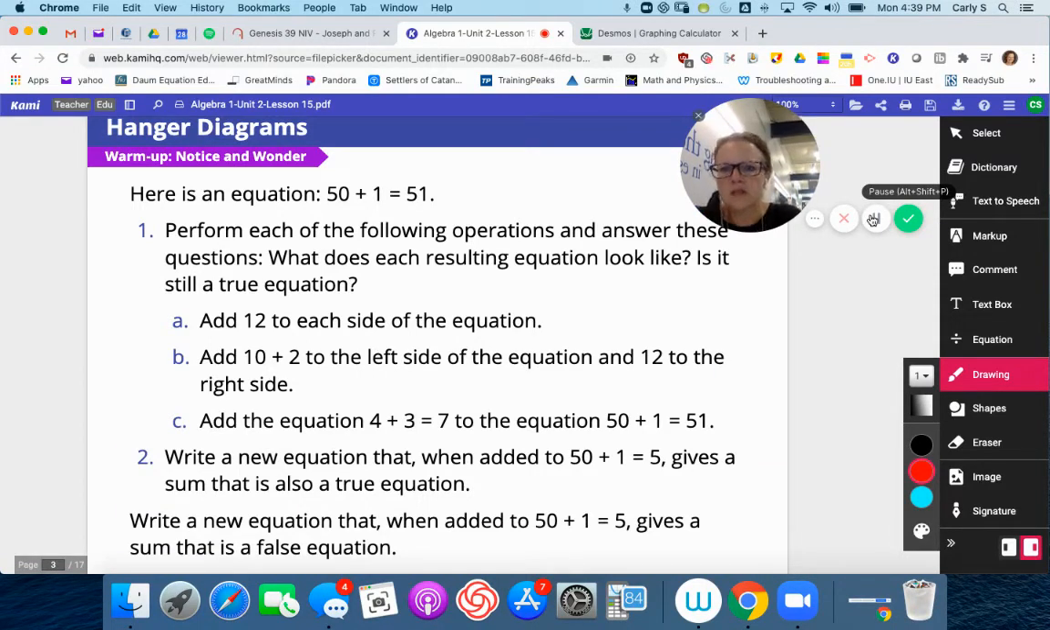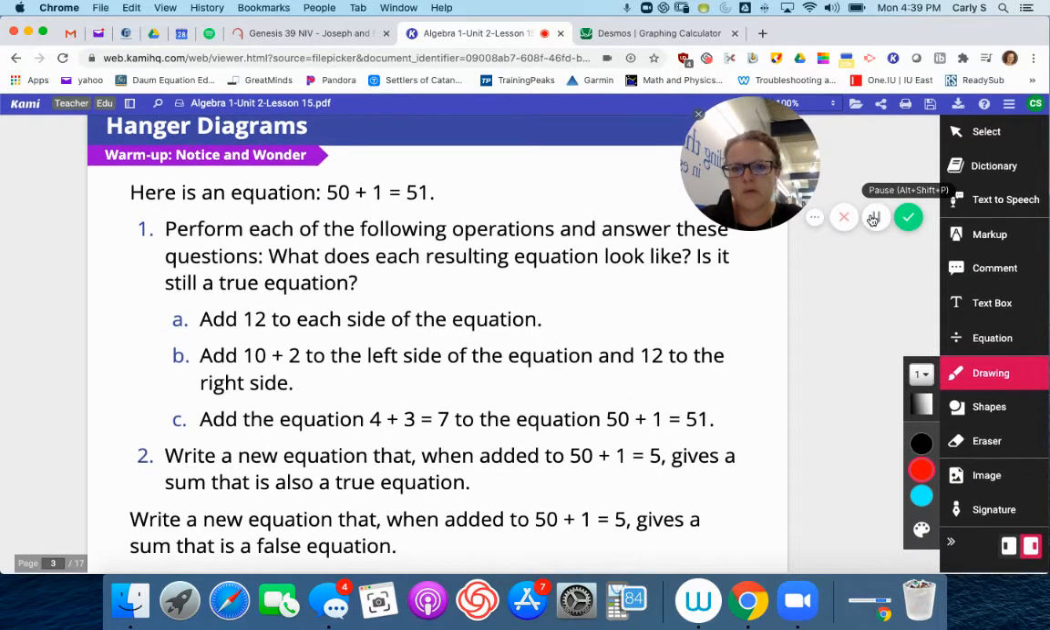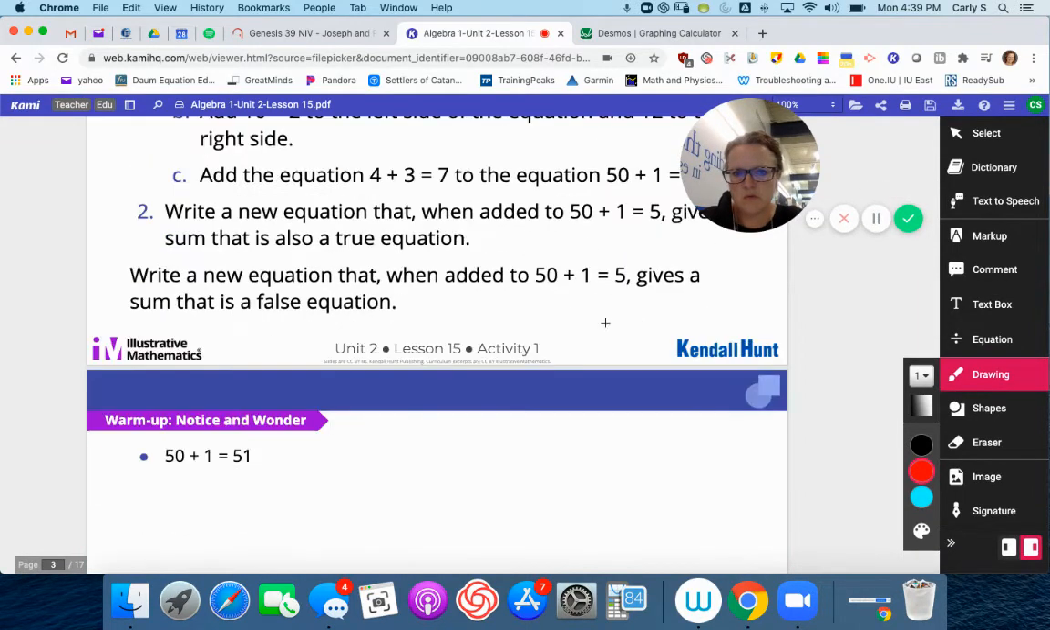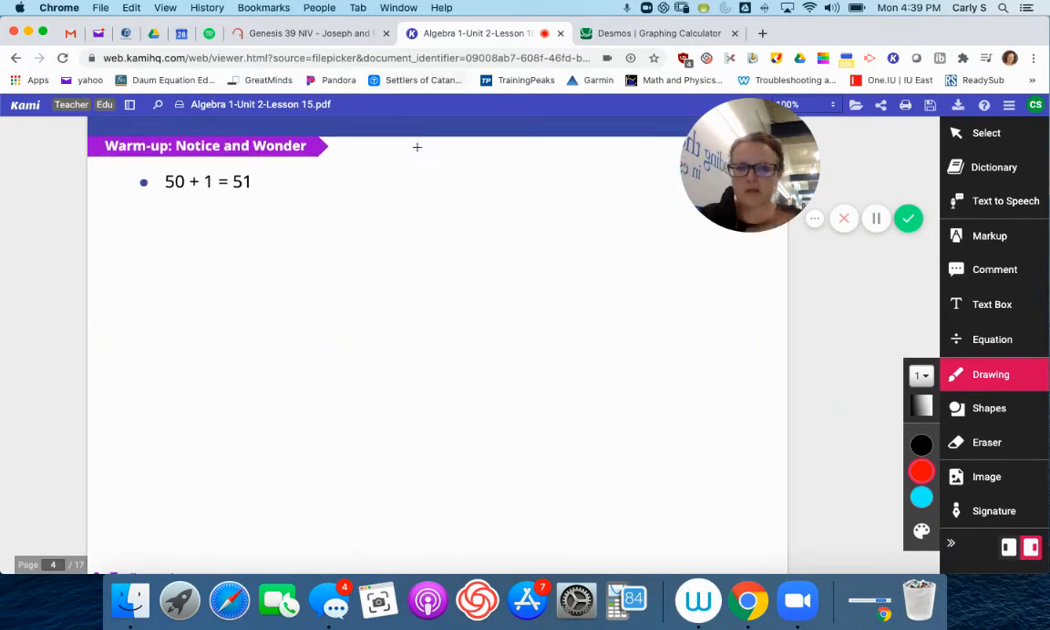So perform each of the following operations and answer these questions. What does the resulting equation look like? Is it still a true equation? Okay, so I need to move to here because I rewrote the equation so I could actually use it. So the first question was add 12 to each side of the equation. So if I just do 50 plus 1 plus 12 equals 51 plus 12, that gives me